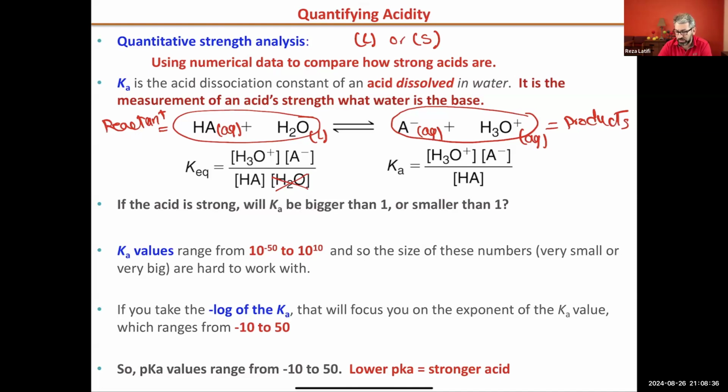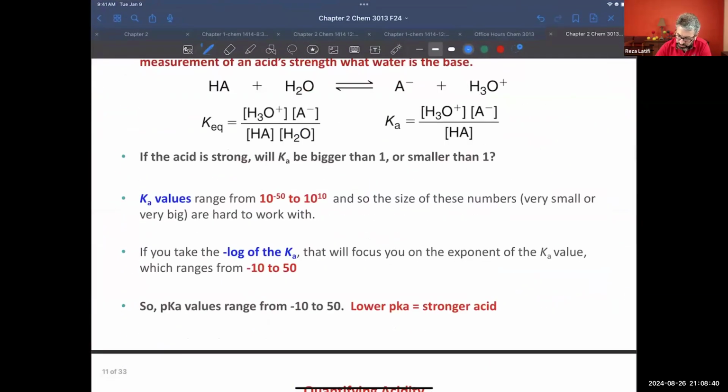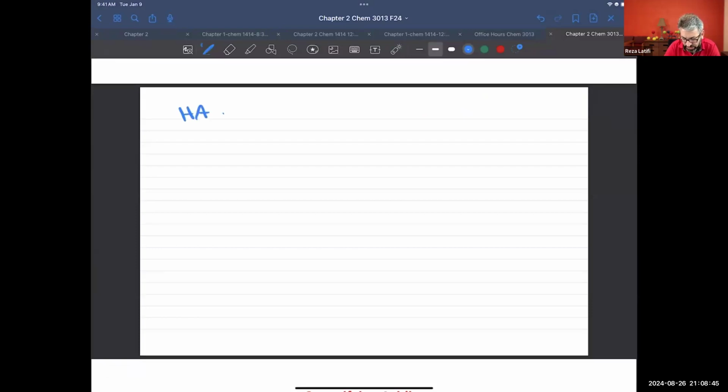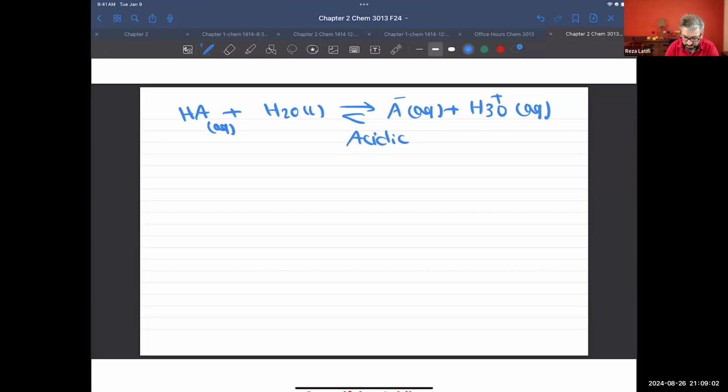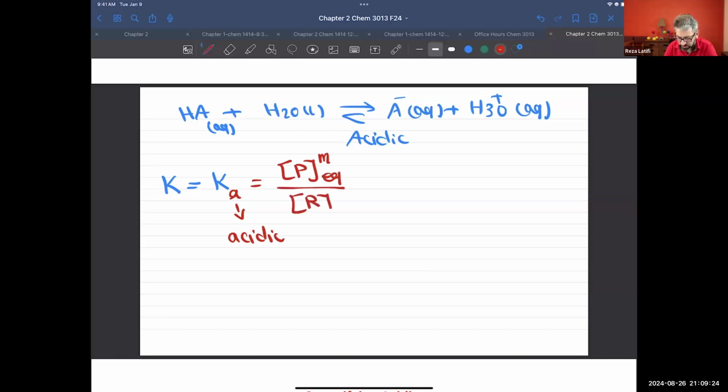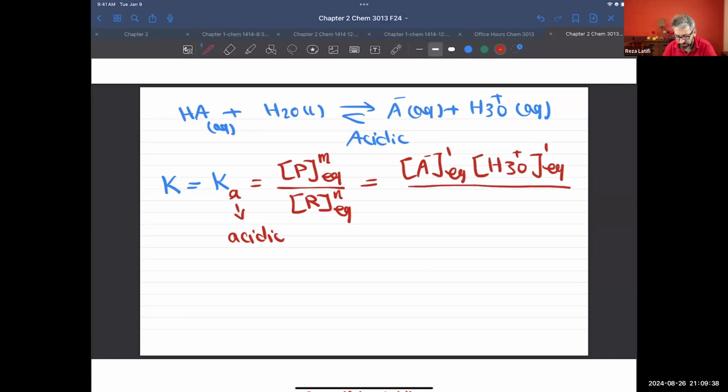Okay, what's the meaning of Ka, Kb, or Kw? So if you have a reaction like HA, acid, reacting with water, liquid, you get equilibrium, and you get A minus plus H3O plus. This reaction is acidic, so it's the acidic equilibrium. K is the equilibrium constant. In order to call it acidic, we're going to call it Ka. It's going to be equal to the concentration of product to the power of M. If you have more than one, you write it. Divide by the concentration of the reactant under equilibrium condition. What do I have? I have A minus to the first multiplied by hydrogen ion to the first, divided by the concentration of HA